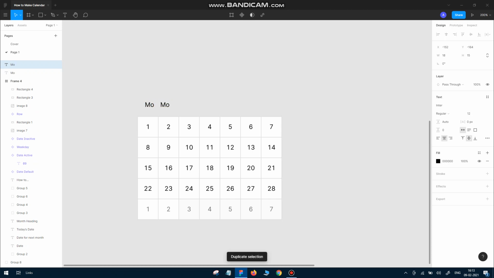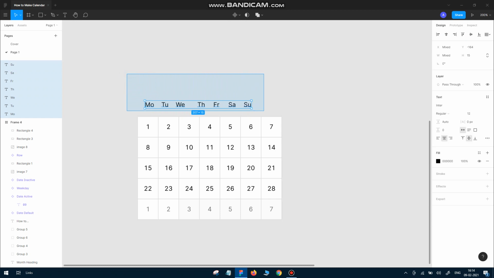Duplicate this, we'll double click TU, Wednesday, Saturday and Sunday. Don't worry about the alignment. We can select all of this and press this and tidy up.